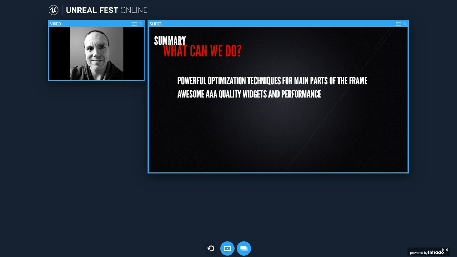You can use the techniques described here to get small performance improvements or large performance gains. You can create new widgets for specialized performance critical UI. You can make UI that looks awesome and fits with your aggressive frame budget.